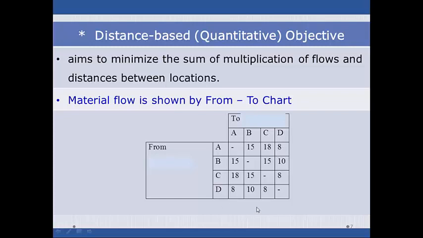So in this way, using the sequencing of the jobs, using the sequence of operations of the job, this from-to chart can be developed. This is an example. This is not actual, just for explanation purpose it is shown.